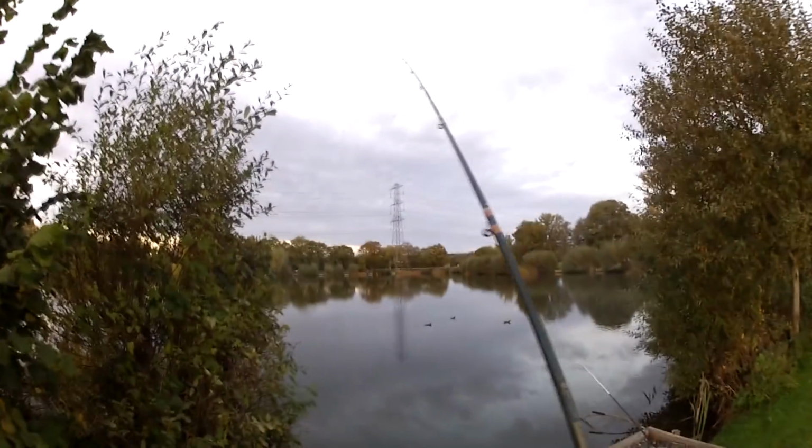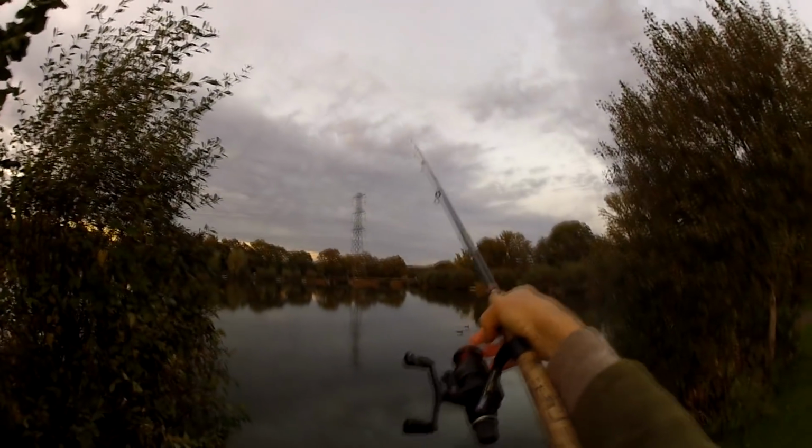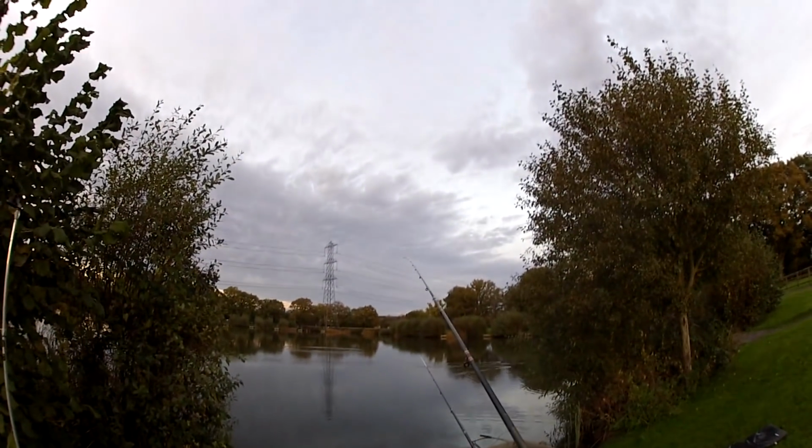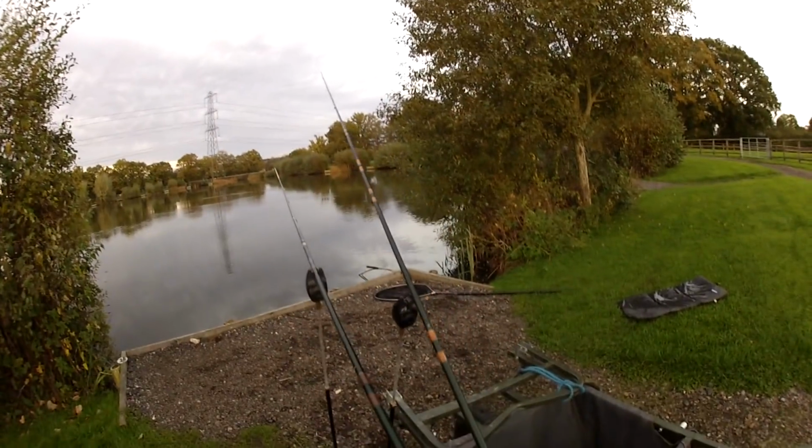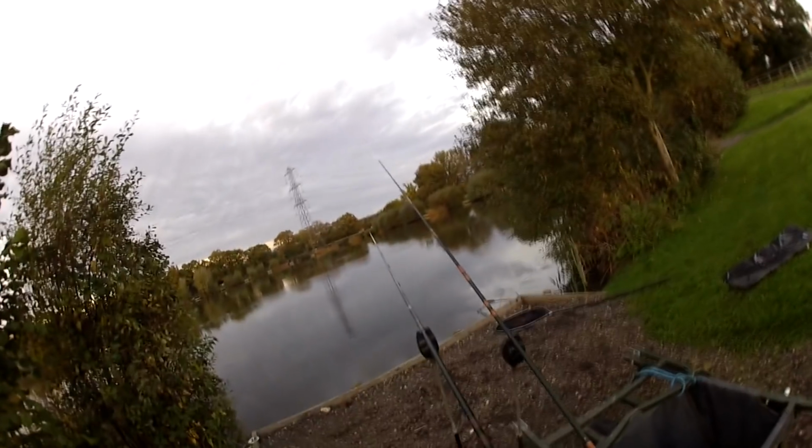Right, this one can go out there, post it right out. 40, 50 yards out, boom. There's definitely a carp down there. You see the slight ripples it's making, and this is about 12-15 feet out there. Let it sink, and then I like to bang the feeder, and that tumbles all the food out, hopefully, and it will go around the hook bait a bit better. So that can just sit down there now, basically just sit tight. I'm going to bring my bread in,